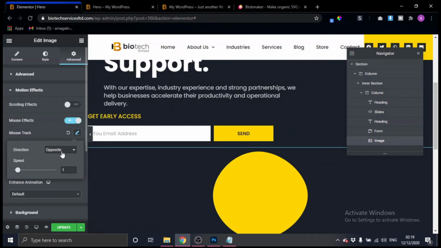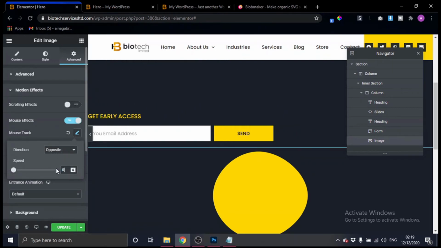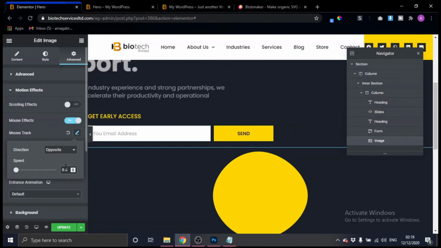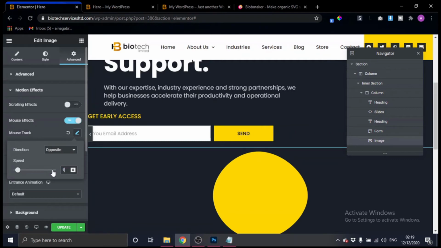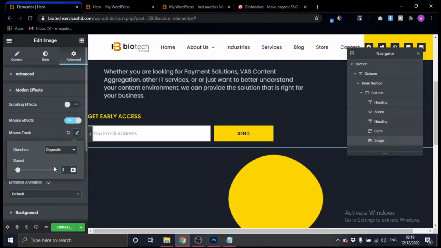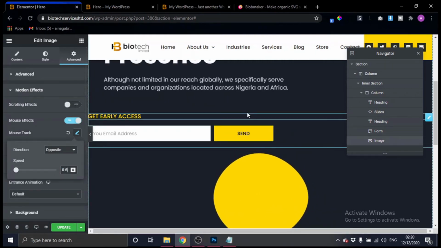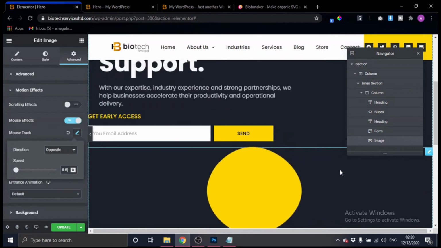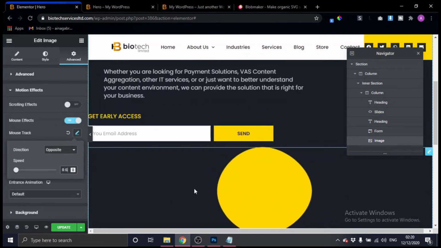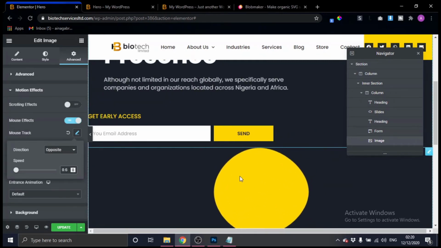It's opposite, leave it as opposite, and then make it 0.6 to give you that subtle movement. It shouldn't be too sharp. If it is on 1, see how it looks, that is too sharp. But if you reduce it down to 0.6, the effect becomes real, and it's not that distracting. It looks subtle and pleasant to the eyes. Okay, so this is the kind of effect you really want.